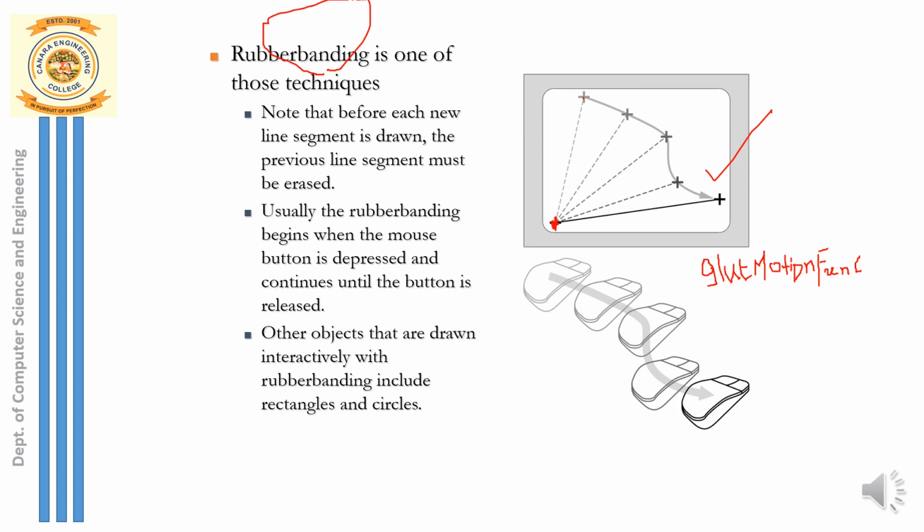So the line is drawn there. Wherever you have moved the mouse, I require these values to be returned. So the line should be drawn in all these positions, and finally the moment I release, the line should stop here. The line is finally drawn here and it is finally stopped here. You call this the rubber banding technique.